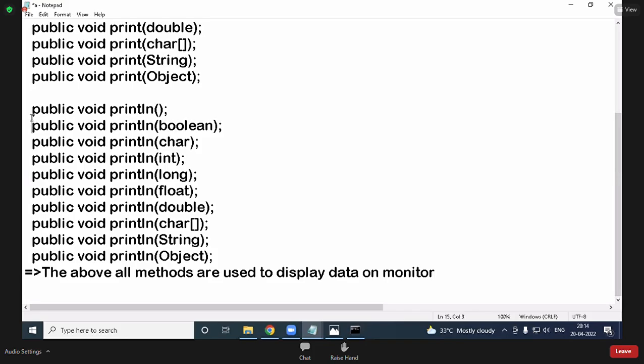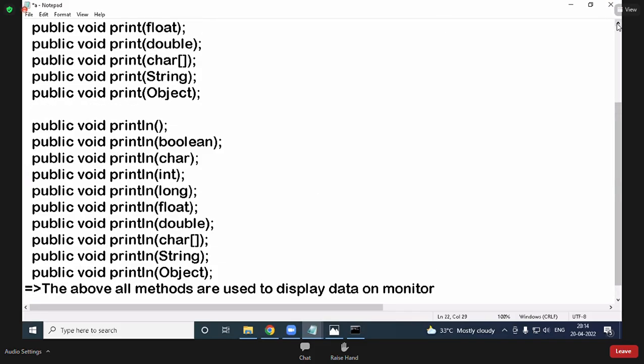Here also, write the first one completely, and from the second one onward write only the parameter. Same methods for boolean, only print and println.